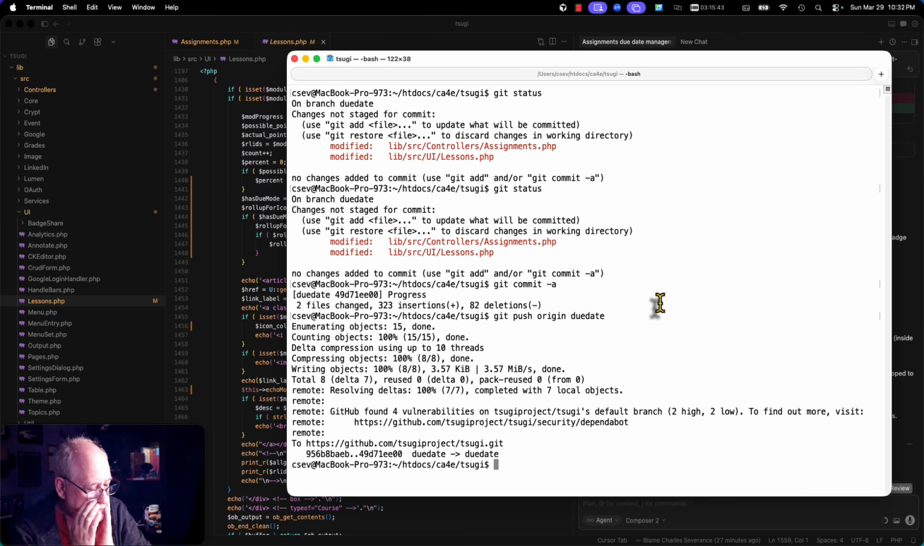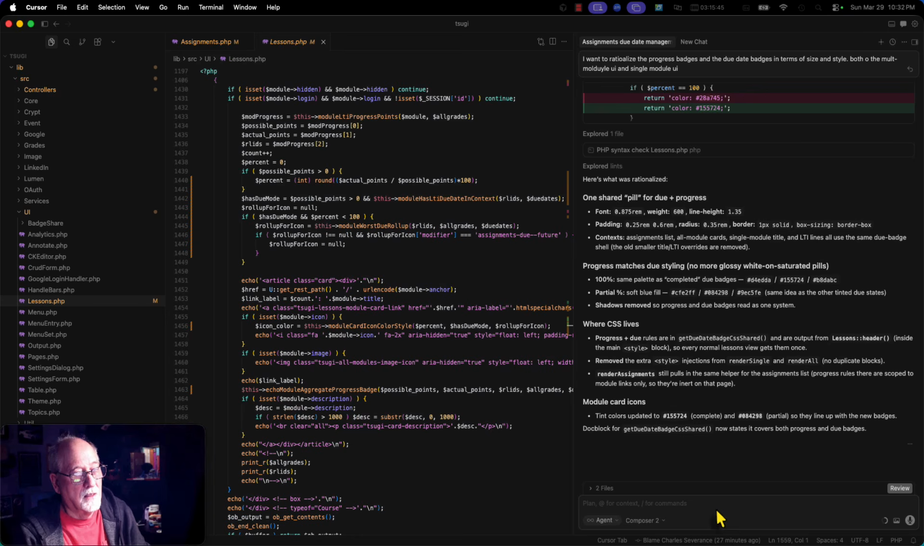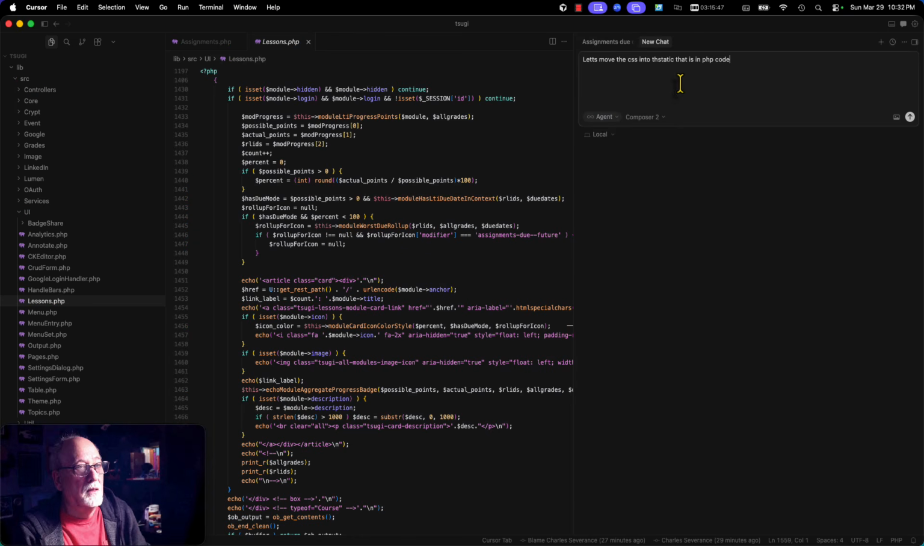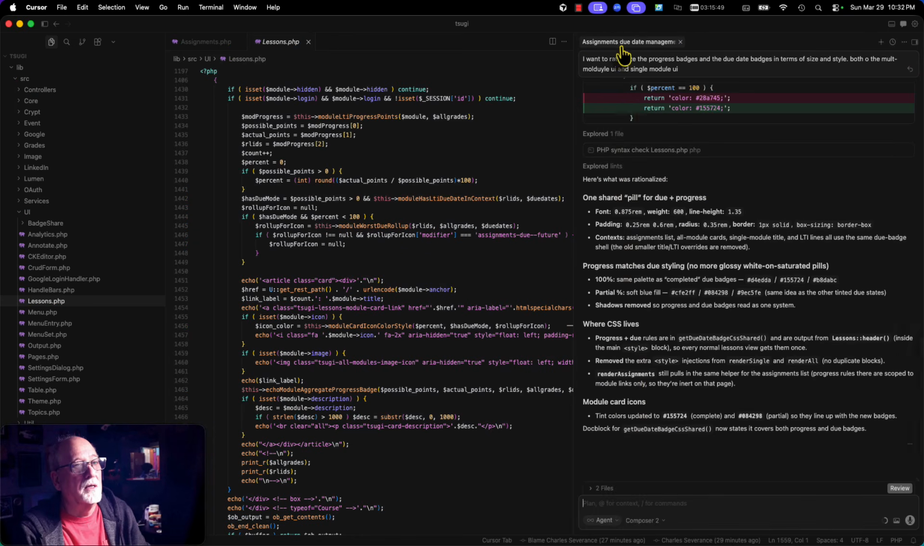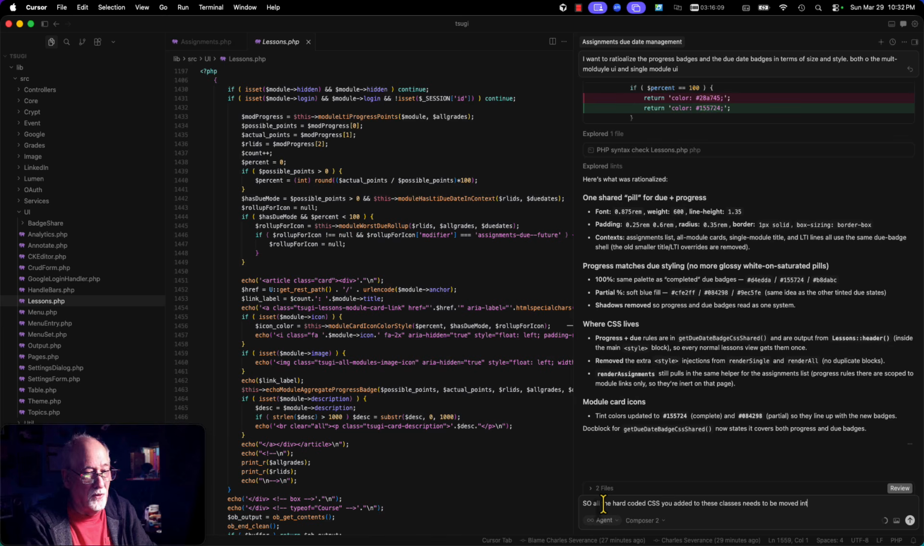Let's go ahead and fix the CSS. Let's not make it a new chat. Let's just do it here. So, all the hard-coded CSS you added to these classes needs to be moved into,